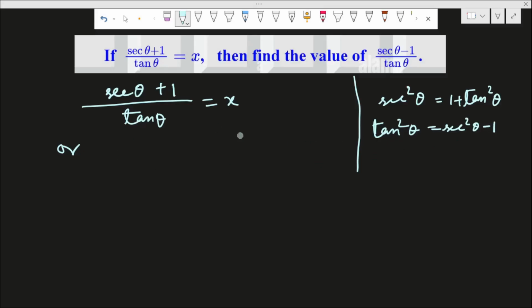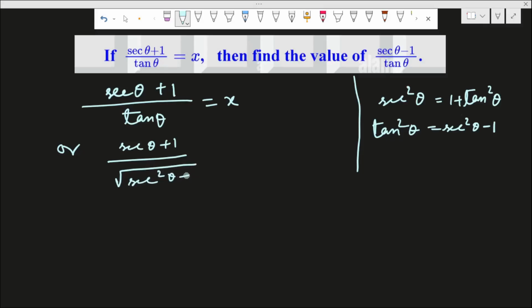There is a similar thing, sec theta plus 1, here is sec square theta minus 1. Whenever it is factorized, there will be sec theta plus 1. So, writing this, sec theta plus 1 over